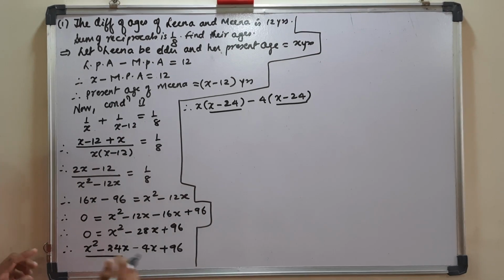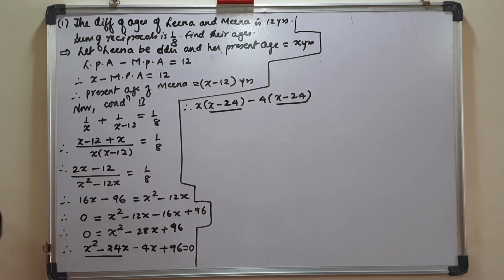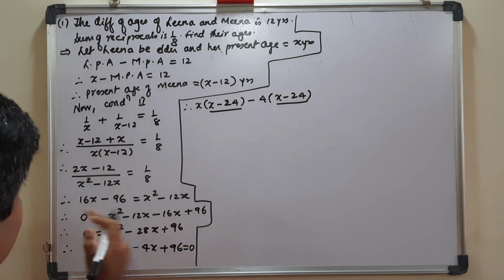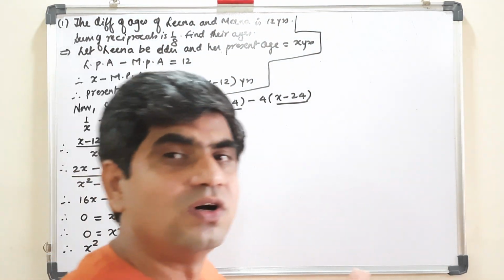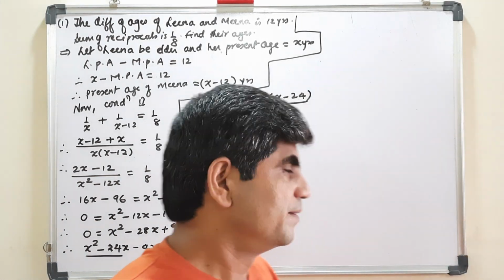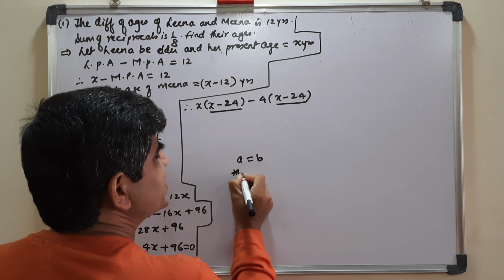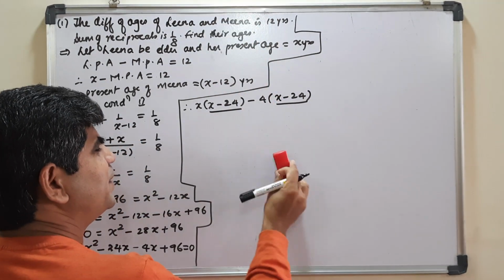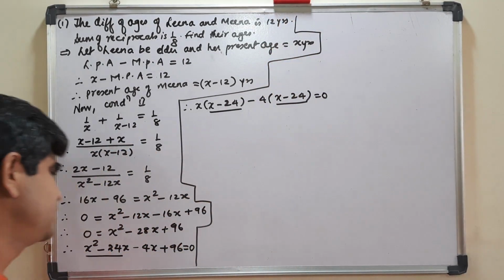And see here what I did, I forgot to write 0 here. I had 0 on the left side and this on the right side. I just did it like this. That is a sign change, but for both sides, so no change in sign. Because if A is equal to B, then B also is equal to A, right? The same way I did this thing. So this is equal to your 0.